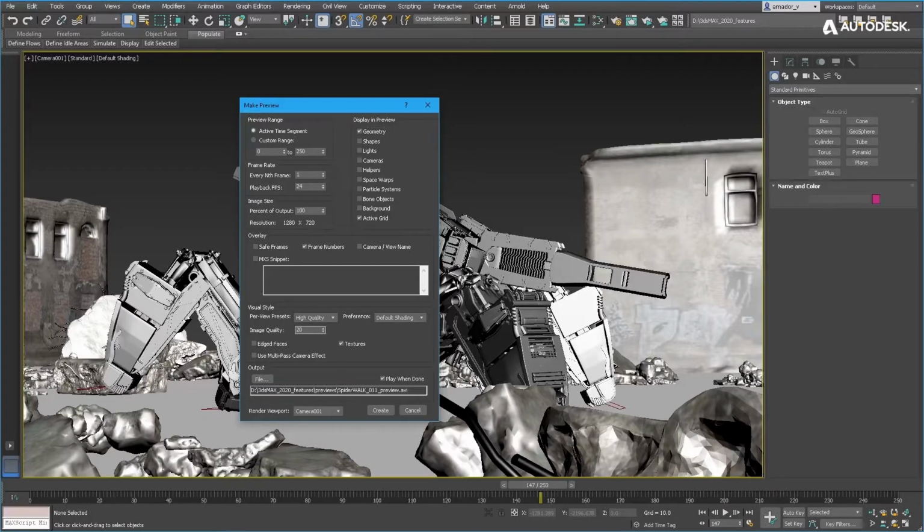The default preset values now match the 3ds Max viewport settings, but of course this can be changed if you need to. In the Overlays section, we've added the ability to use Max script snippets that can be executed during the process of creating the animation. For example, maybe you want the name of your camera added to your preview animation. You would do this by adding a Max script snippet,